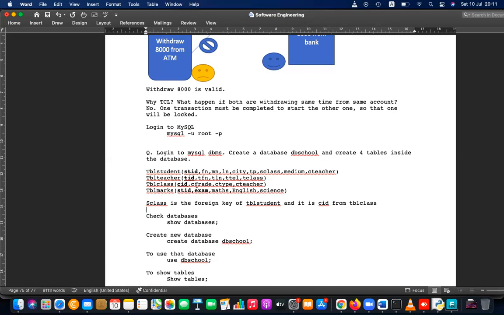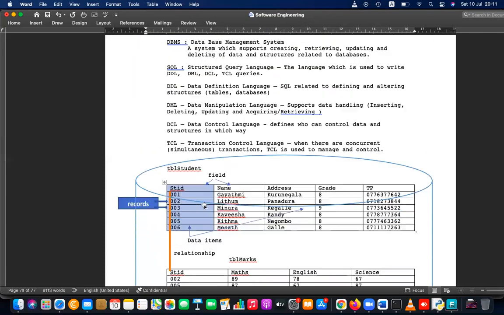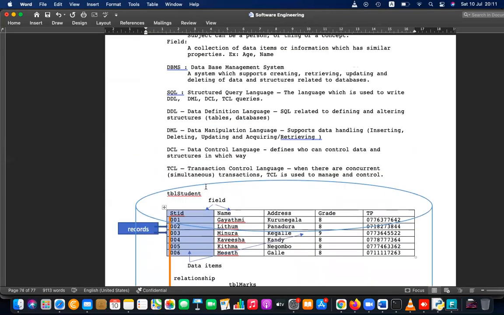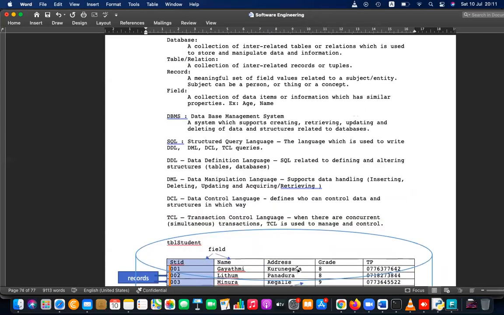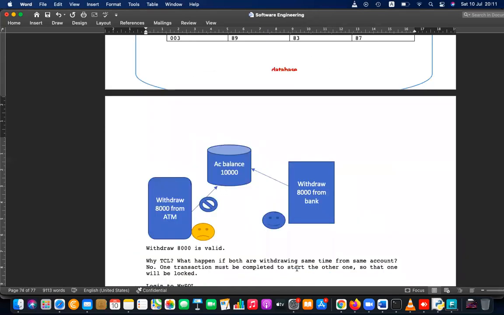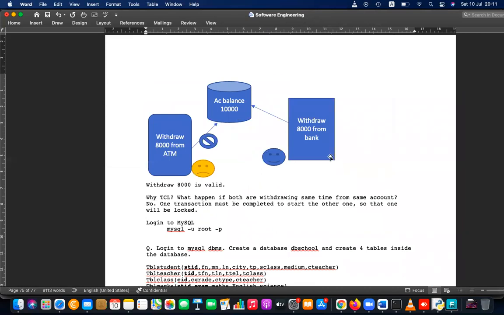So CID from TBL class should go as the foreign key. We discussed why we need a foreign key. Here a foreign key is basically linking the tables. Primary keys are to recognize the records. Foreign keys are used to link the tables.